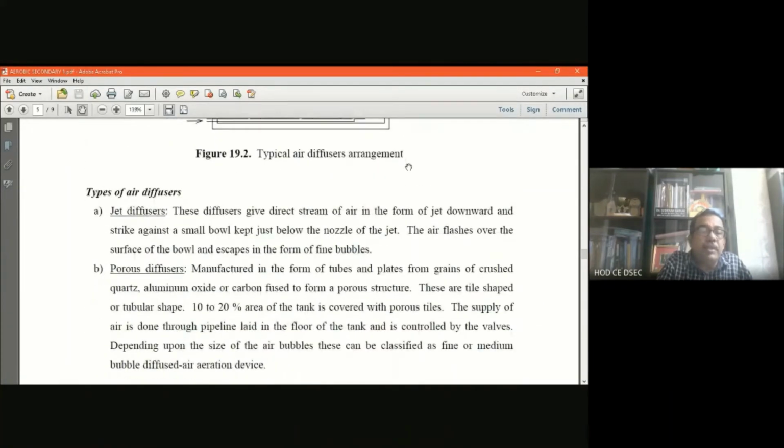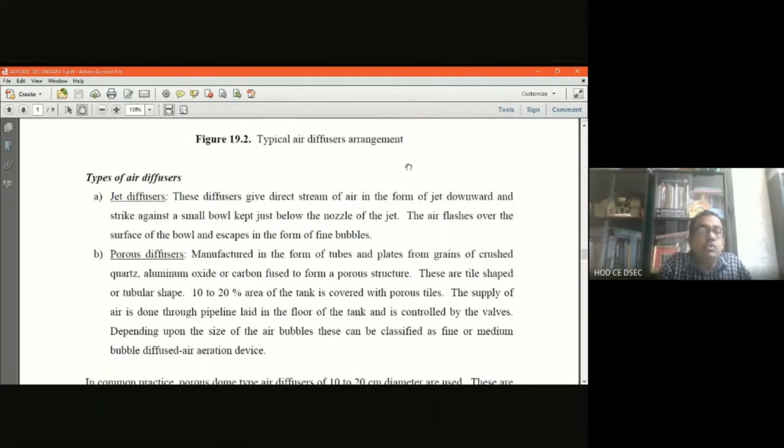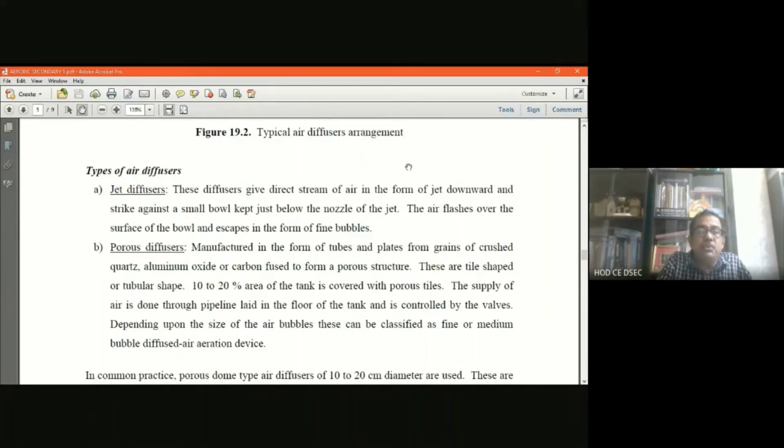Now, the types of air diffuser, there are 2 types of diffuser. One is the jet diffusers and the second one is the porous diffusers. What are the jet diffusers? Now, these diffusers direct a stream of air in the form of a jet downwards and strike against a small bowl kept just below the nozzle of the jet. So this is one type, the jet diffusers, but mostly we are using the porous diffusers,